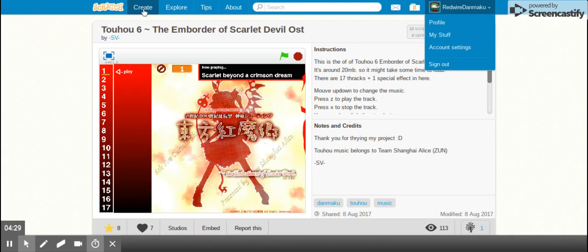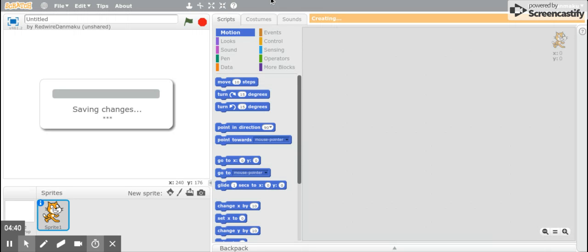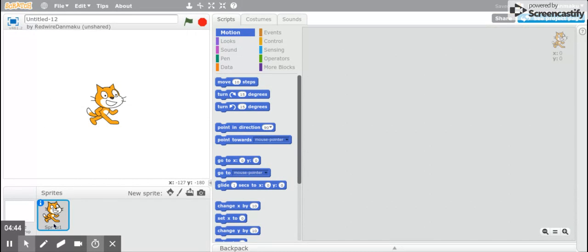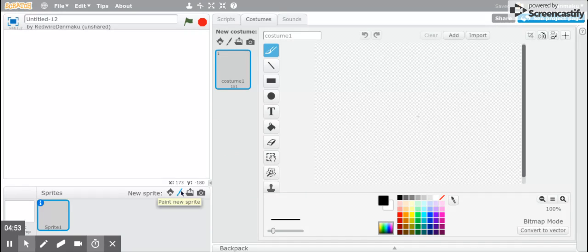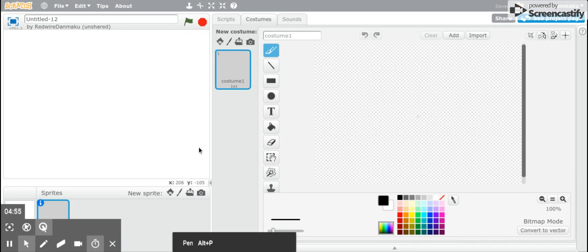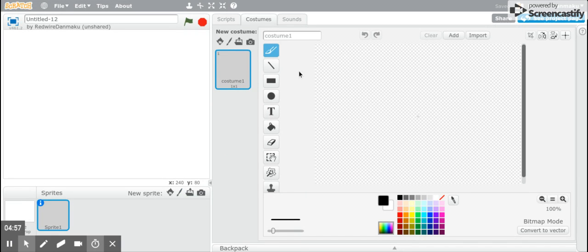Actually, I think it would be better if we go to create. It's still recording. Yep. Snaps content is being shared. That's a new thing. Okay, so in order to have a soundboard, first we have to delete this sprite. And then from now we are going to